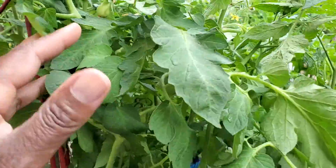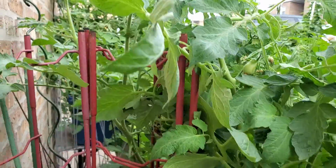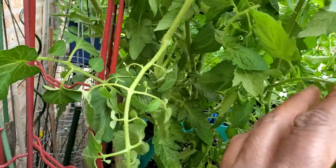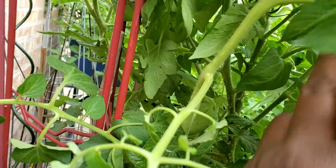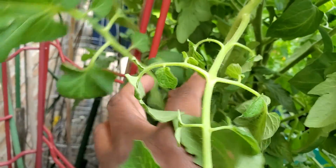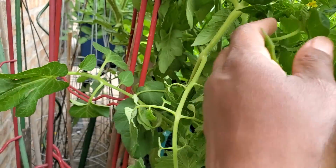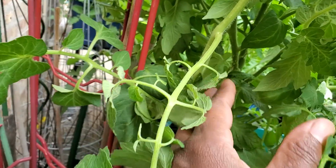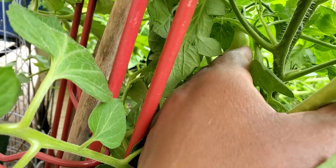So anyway, all of this, which is huge, very massive, had toppled over, and one of them even broke. One of the branches, let me see if I can find it, is broken. So I kind of just set it back on itself prayerfully. When I come back out, I can mend it either with tape or, here's a nice tomato back here,